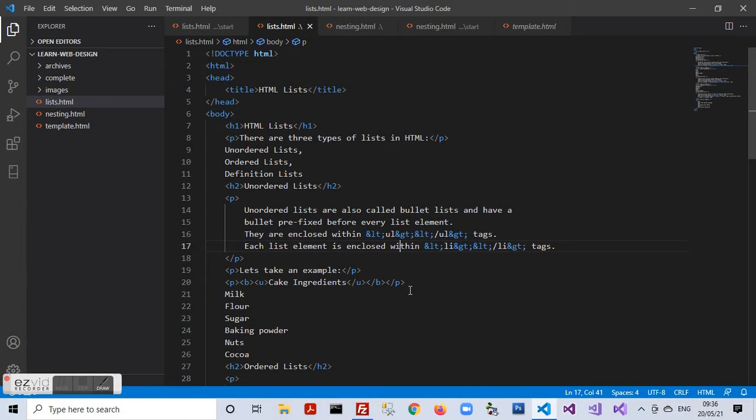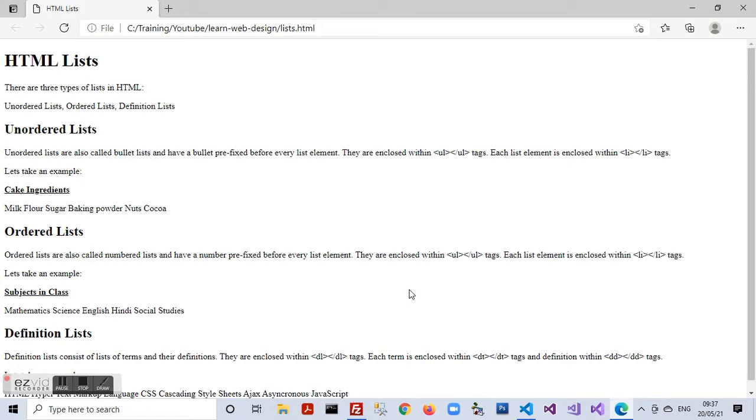Moving on to Visual Studio Code, here we have a document which already contains content typed in. You can get this content from our website. The links I have already shared below this video, and I even explained it in the first video of the series. This content is basically to be arranged in the form of unordered lists, ordered lists and definition lists. So let's see what the current content is and how we are able to view it in a browser.